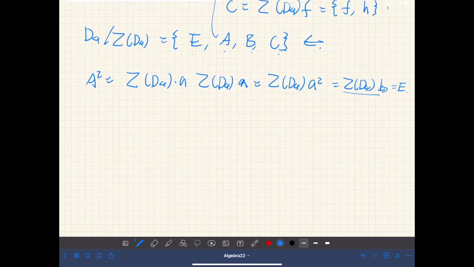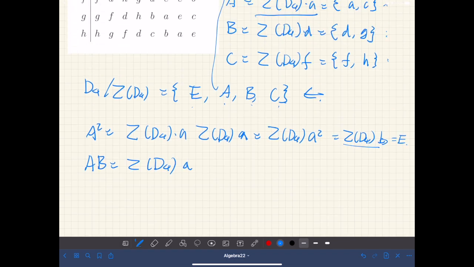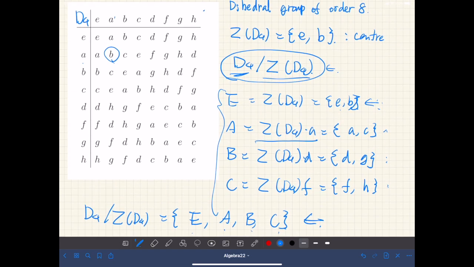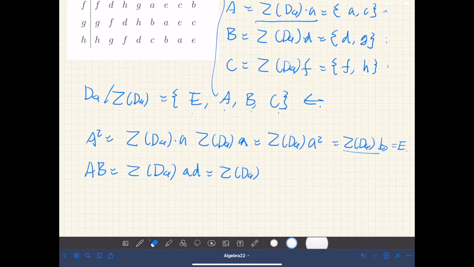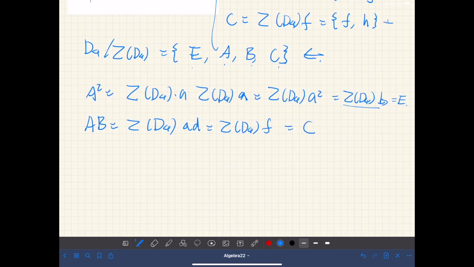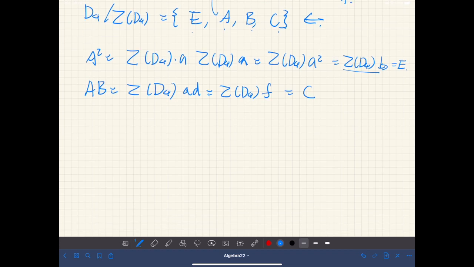Let's see another example. AB, that is Z(D4)A times B, and A and B is D. A times D is F, and this would be equal to C. So F is here, so C. In this way, we can construct a Cayley table for this. A, B, C, E, A, B, C. And if we continue this, we find